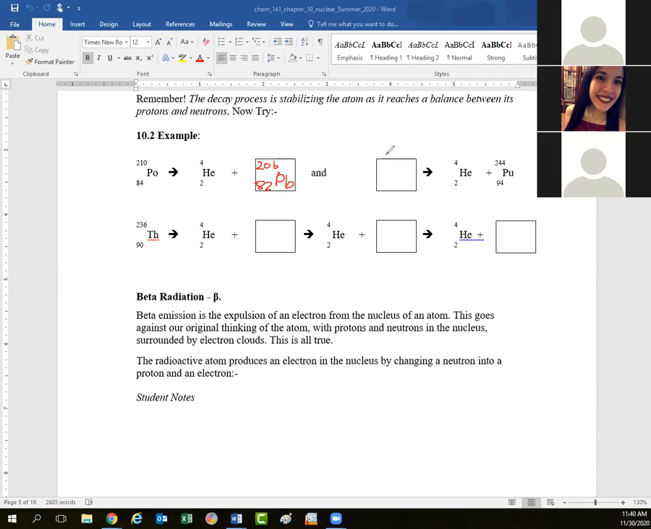Second one, we're working backwards this time from plutonium. So the mass finished as 244. Before it lost those protons and neutrons, the mass must have been 248. And before the radioactive decay, the atomic number must have been 96, which should make it curium. Yep. Sometimes I mix up curium with